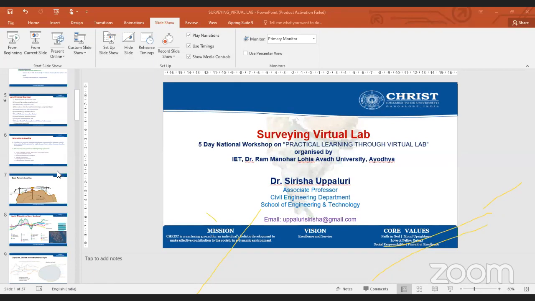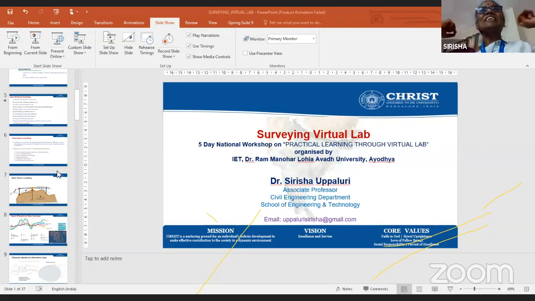Okay, ma'am. There is one more question. In geodetic survey, Earth curvature is taken into consideration. It is 250 square kilometers or 195 square kilometers; it is written differently in different textbooks. In B.C. Punmia, it is written as 250 square kilometers. In other textbooks, it is 185 square kilometers. Maybe one of them is a typographical mistake.